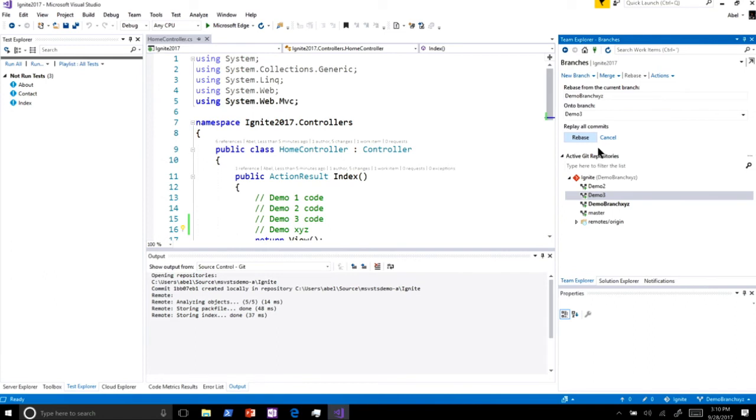All right? Okay. So rebasing is kind of scary through the command line, but through the Visual Studio tooling, it's not that big of a deal. All right, any questions so far? All right, so